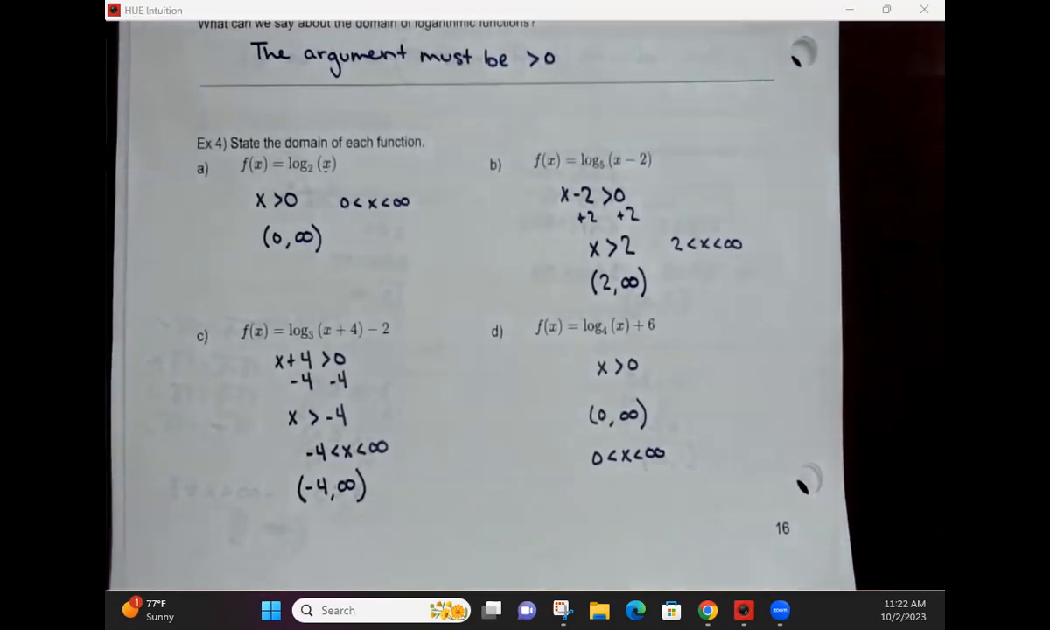For homework, I would like you please to work on pages 17 and 18. If you remember the domains for